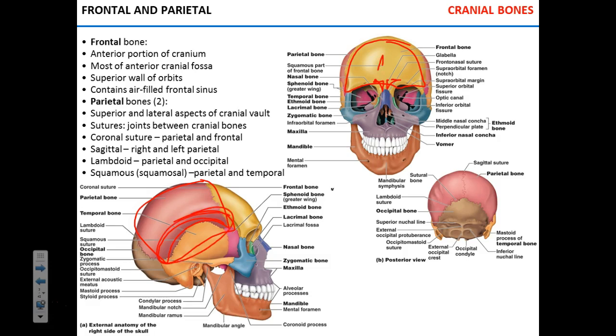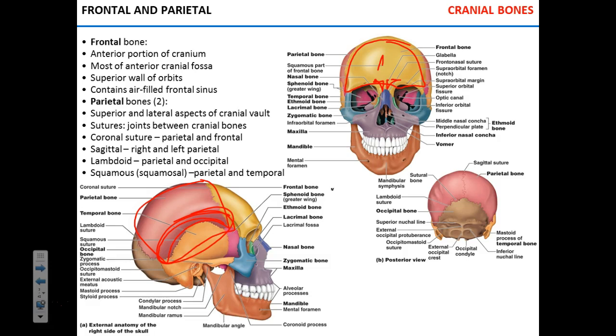This is the temporal, the squamous suture. So the sagittal suture separates the parietal bones. The squamous suture separates temporal and parietal, and lambdoid separates parietal and occipital bones. Does that make sense? Those sutures are joints, and actually if you look at the craniums that you have,